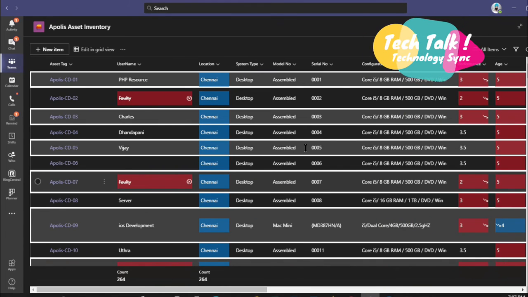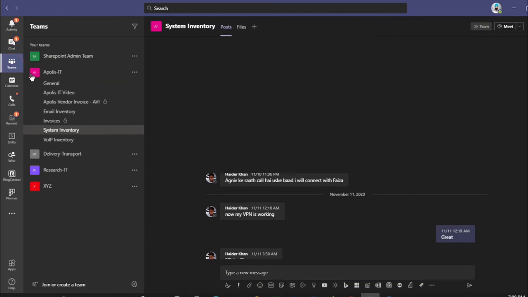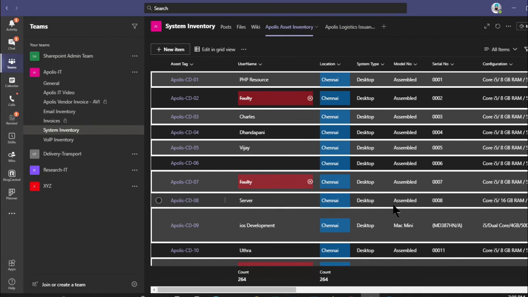So this is all about the functionality of the list, how you can integrate it within your team, and you don't have to open any browser to open the SharePoint Excel sheet, or open the browser for your OneDrive Excel sheet. Everything is happening within a single platform, within Microsoft Teams. We can use all our list functionality. This way you can see how I'm managing my system inventory. This sheet is collaborated with my 2-3 members, and all of them are editing at the same time, and we are all managing this sheet within Microsoft Teams.